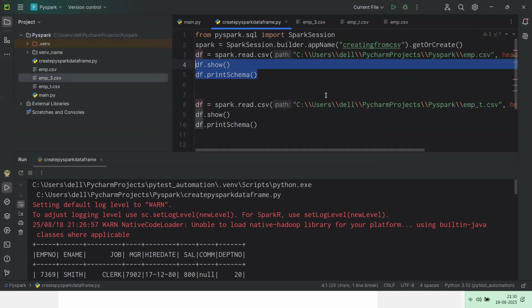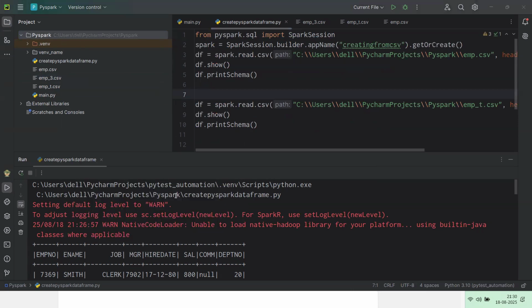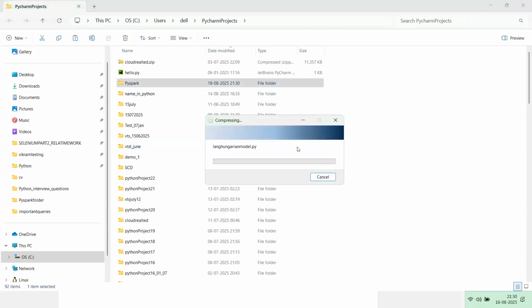Are you getting some clarity, guys? How to create a data frame from a particular file? I'll give you this folder itself, guys, so that you can practice that and try to create a data frame and do this. Let's make things very, very simple. Let me put it in GitHub, the 7-zip. Let me just zip it, and then let me give it to you on WhatsApp. Guys, please don't share